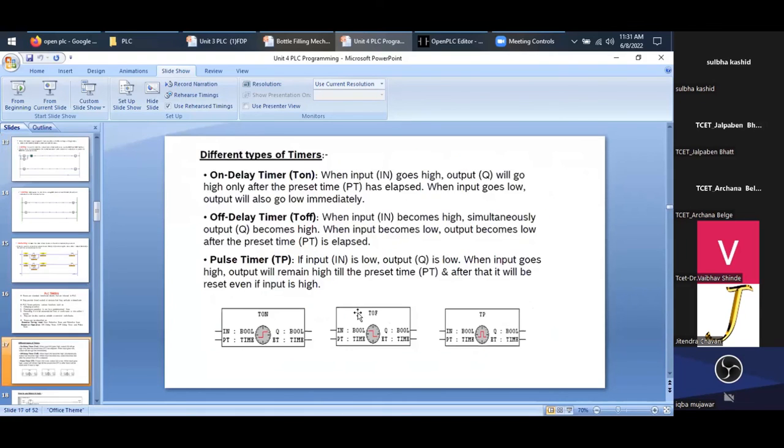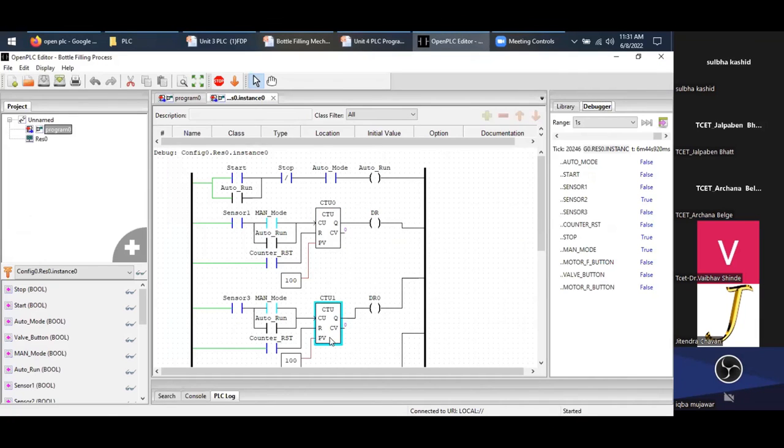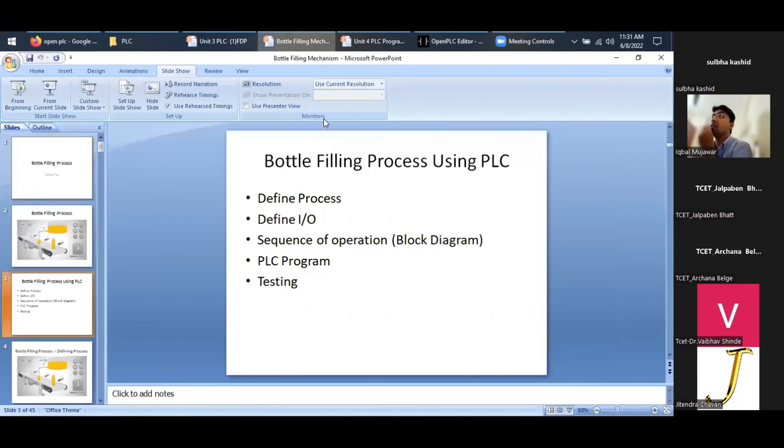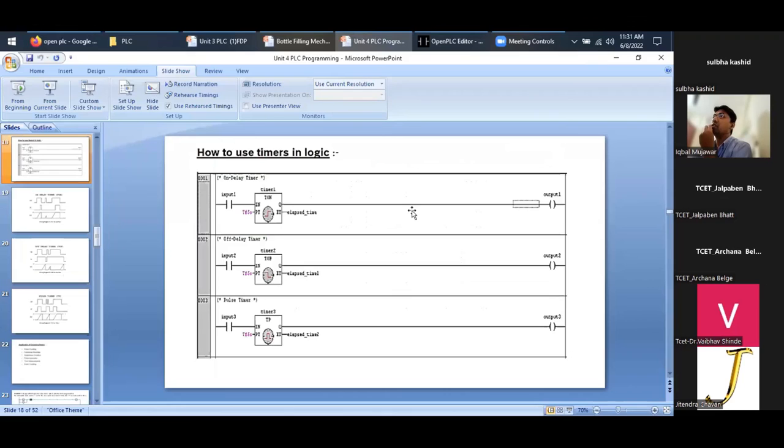Logic is not changing. Then we need to just see the timer, in which fashion I show the timer in OpenPLC. It's a little bit different. The things are the same. Ultimately, four items are there: IN, PT, Q, ET, but representations are different. That much change is there. The rest of the things are similar. As I said, if you understand the logic properly, then understanding ladder coding from any other style is very easy. You quickly understand how it works.